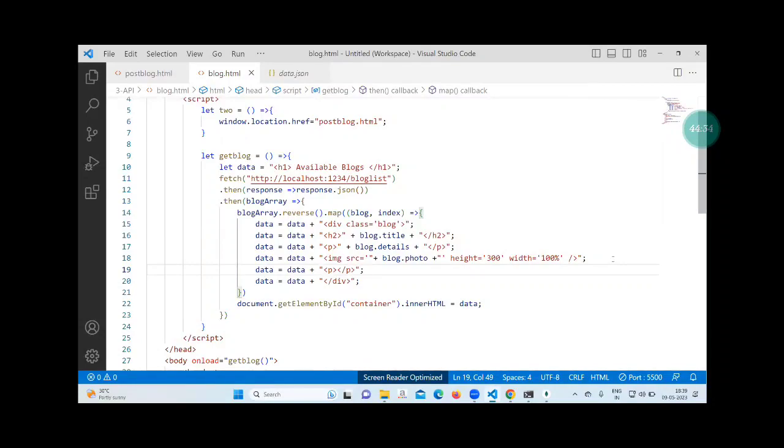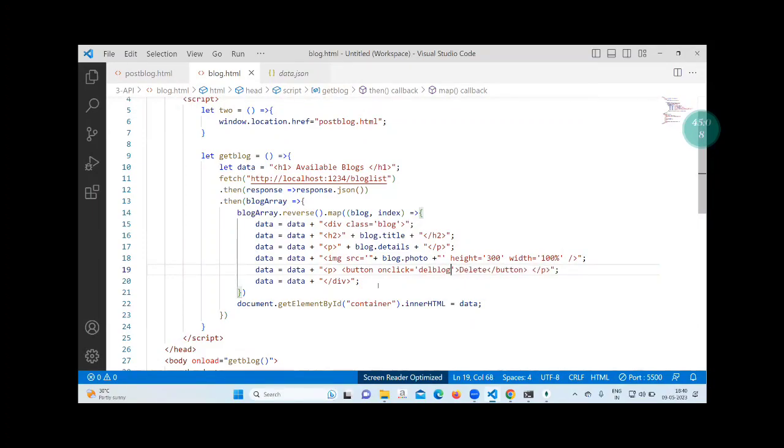I wrote the p tag so that it will break the line. Inside that, write a button called delete, close the button. On button click, call a function called